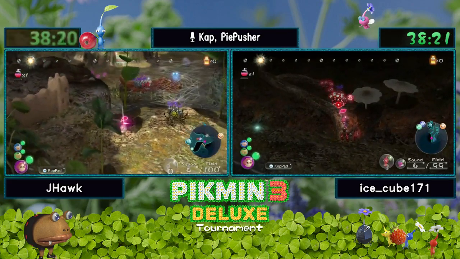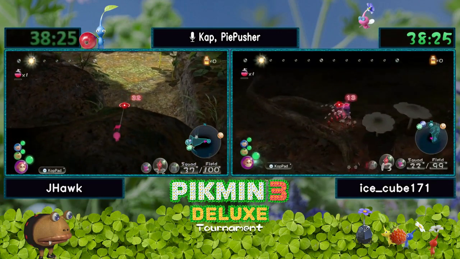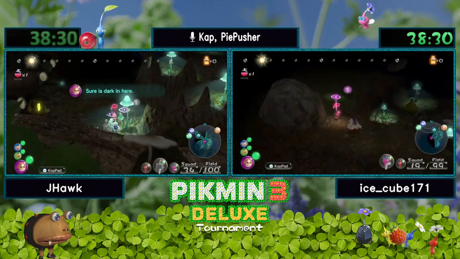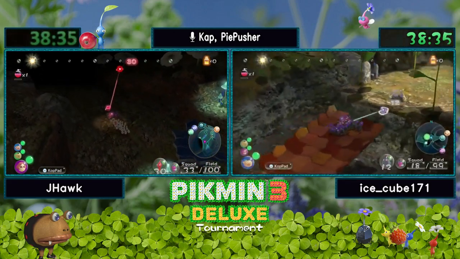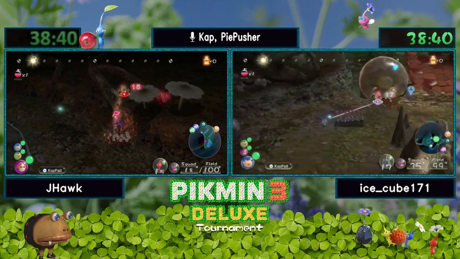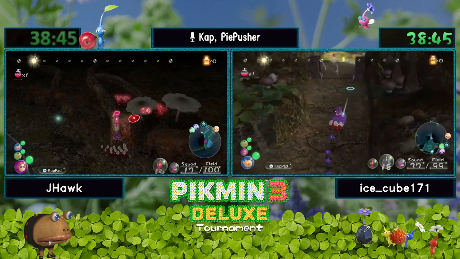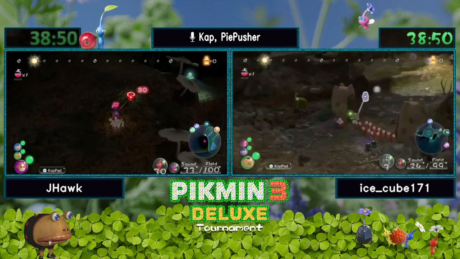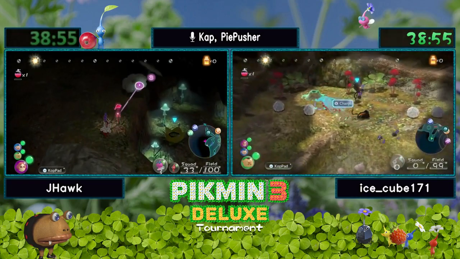But because of that, JHawk actually has made up a little bit of time. So this is proving to be maybe a potentially close race. Only about 10 seconds back, which is less time than a potential error can make in the final boss. But yeah, here's where you see Ice Cube, we're starting to see some of the bomb multitasking. Right, Ice Cube is sending Elf down there to get bombs, sending Charlie over here to get bombs, and